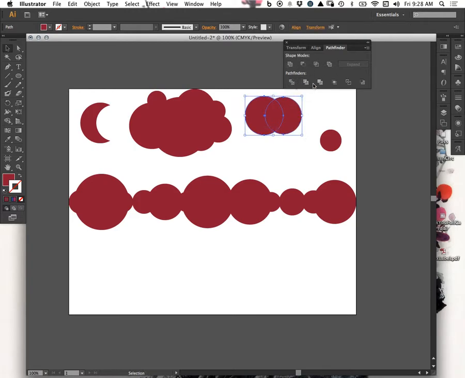You can also use slightly more complex ones down here in the Pathfinders. If I hit divide, it will break them all apart without deleting any of the shapes. So now I have 3 pieces, and I can use them. This could easily become representative of something else. I could build something that's a bull, it could be Taurus, maybe it's astrological signs, and you create some really cute little graphics that way. There's a lot of ways you can use them, and you can sort of interlace. You can divide them apart, fuse them back together, move them around, group them, change their colors,